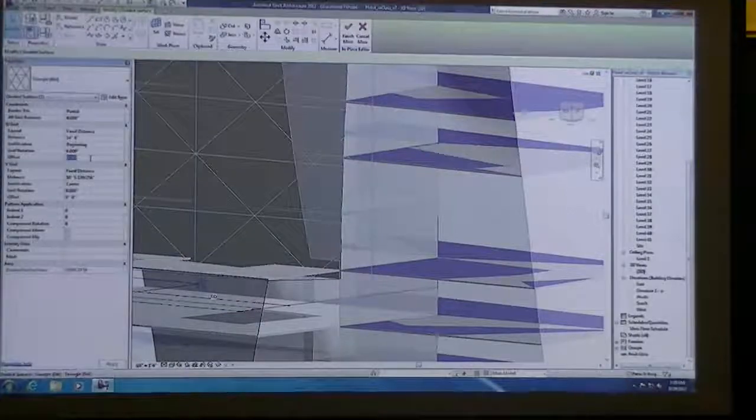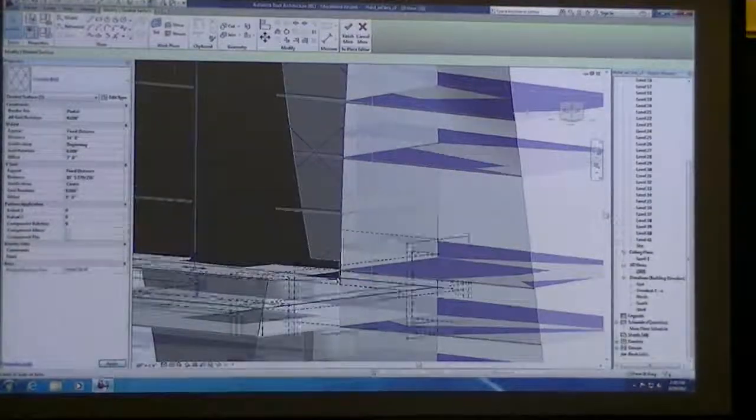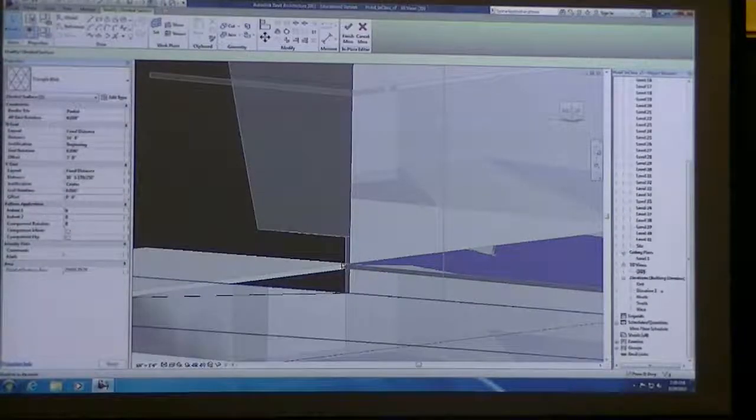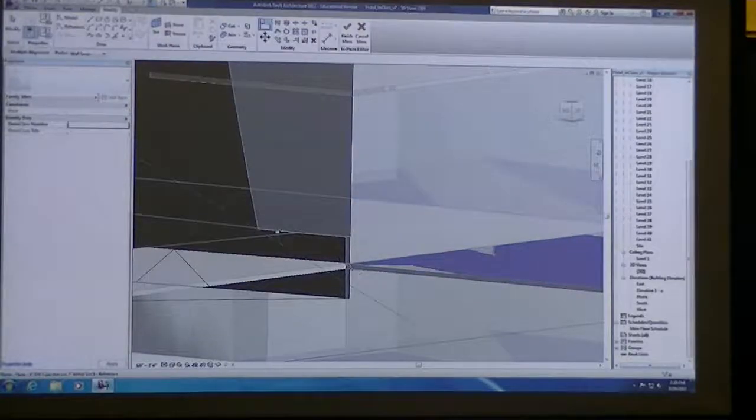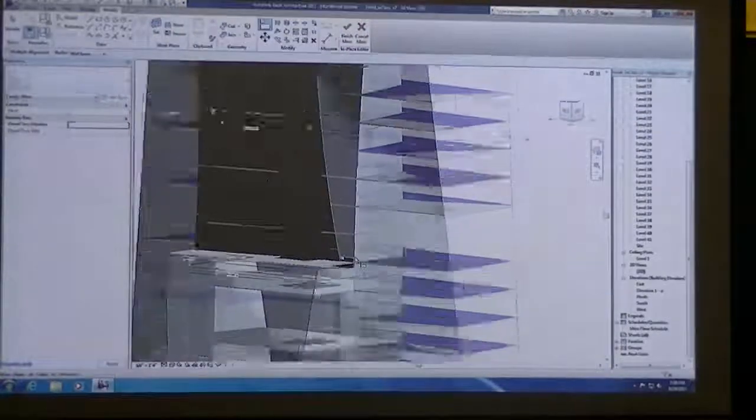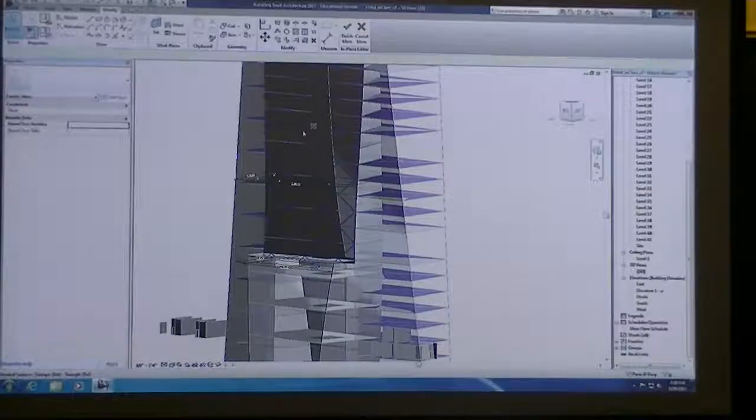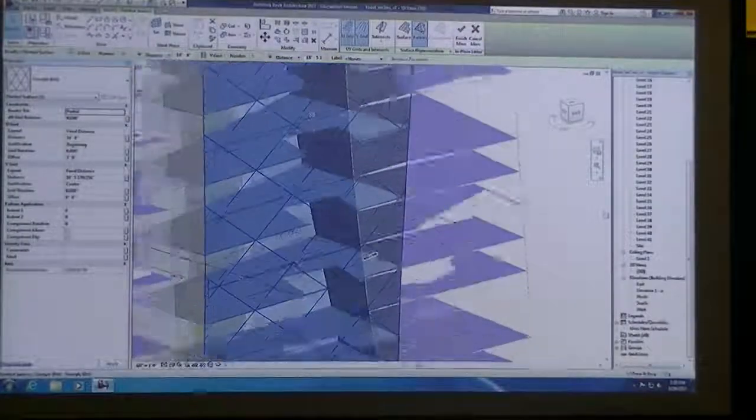So maybe I have to figure out this dimension here. Let me type in 3 foot. So I'd have to somehow figure out this offset, or maybe I can click on a line. There we go. There we go, all right. So what I did there